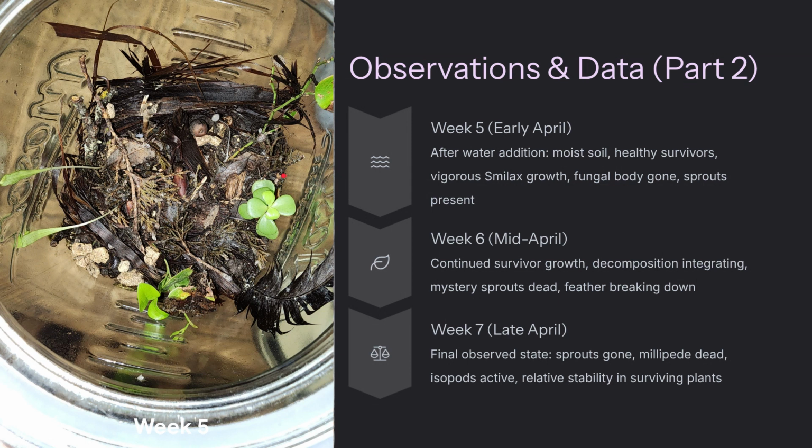Around the beginning of April, this is week 5, observed more dryness. I added some water along with the biostimulant that I use. The system seemed to respond well. The surviving plants looked healthy. Smilax showed more vigorous growth here. And decomposition continued actively. The fungal fruiting body that I mentioned there,